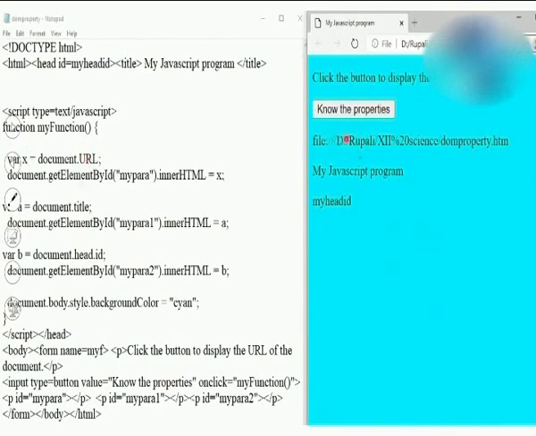The URL property of the document object gives me the complete path of your file or web page, you may say. So here I have got the path of my DOM property.html because of this URL. I have displayed it by using getElementById para. So observe, I have specified my para in the body tag. So my para is going to be replaced by this x because I am accessing that inside the function.